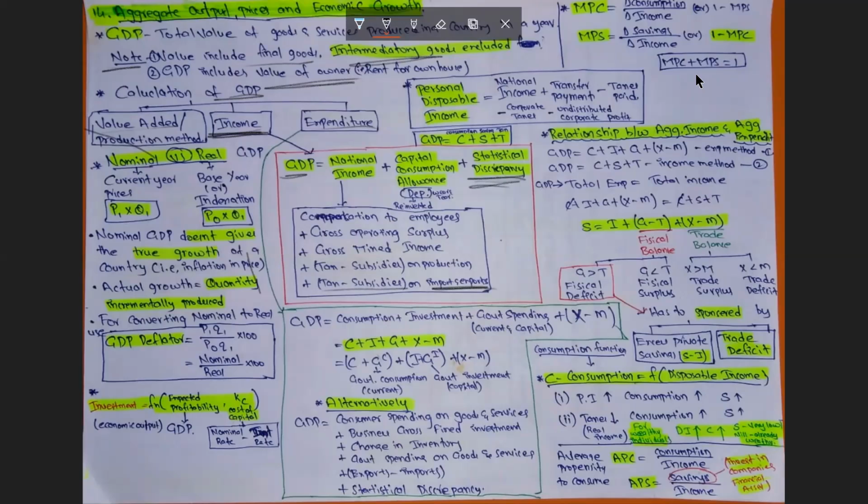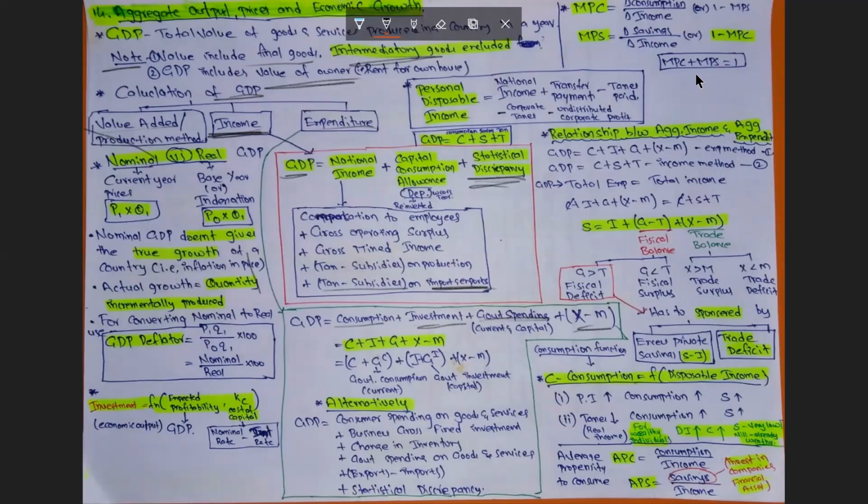So next, the expenditure method says that GDP is equal to consumption plus investment plus government expenditure plus exports minus imports, C plus I plus G plus X minus M, where C is consumption of individuals, and investment is what people save and invest in a company, so it is an expenditure from the point of view of companies, and government spending is what the government spends. The total spending of the economy is GDP, including exports minus imports too.